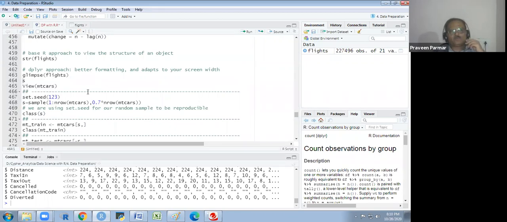I will show you, when we do predictive analysis and prepare a machine learning model, we divide the data into two parts. Whatever data we get, there is a y variable, the target variable, also.